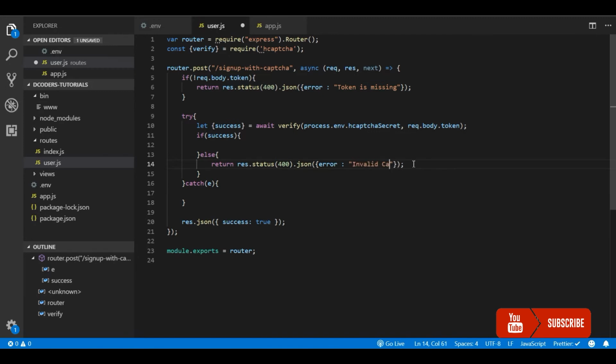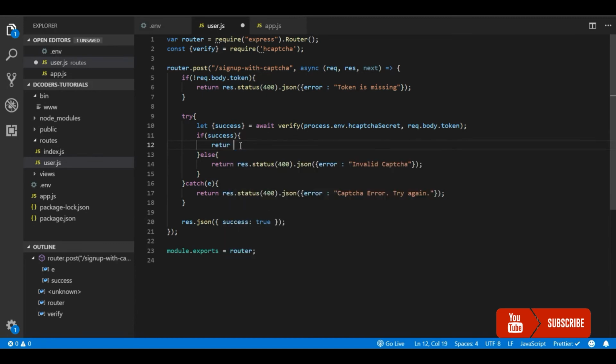If you want, you can log the actual response from the HCaptcha team. It will be technical, so for the user we will just say invalid captcha, but for your debugging purposes you should log this somewhere. And if anything else went wrong with this verify, I'm going to show another error.